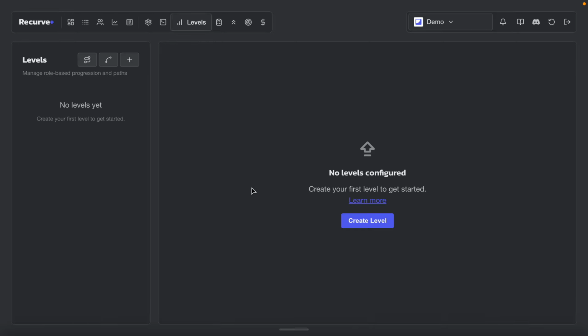But let's go ahead and set up some levels. So levels are role-based indicators of user progression. They sync directly to roles in Discord. Recurve doesn't track progression or level state separately. It records the activities that a user engages in, and then at runtime or on demand calculates where they are